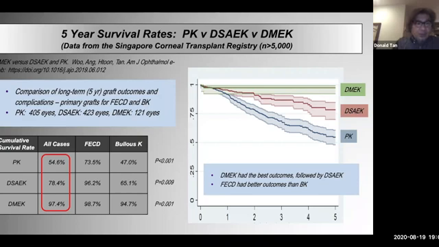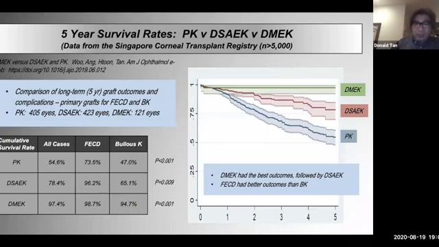So here's all cases. So your 5-year graft survival for PK, only about half survived, so 54%. DSEK, about 3/4 survive 5 years, and DMEK, 97%. Now, the challenge, of course, is a lot of it depends on the indication. If you look at the differences between Fuchs and bullous K, you start to see a difference already. So for PK, the Fuchs dystrophy is still about 70% compared to less than 50% for bullous K, and same for DSEK. But if you look at the DMEK group, we're really in your high 90s.